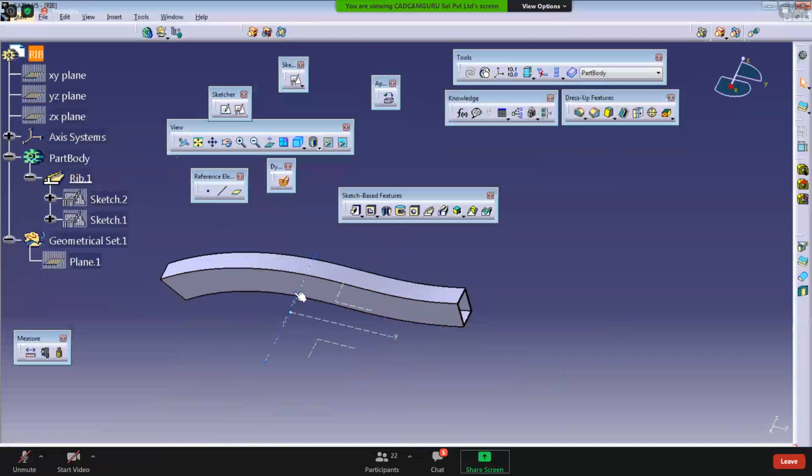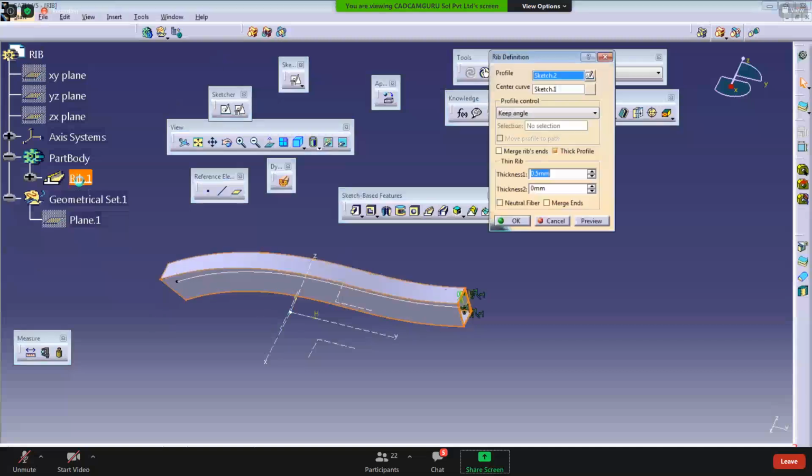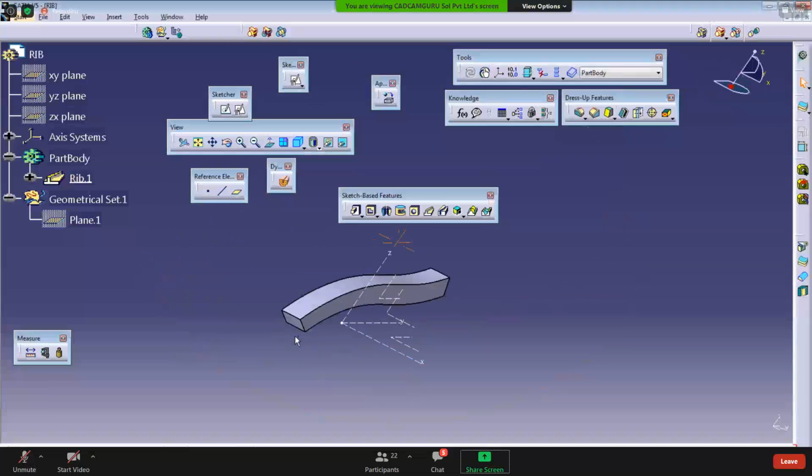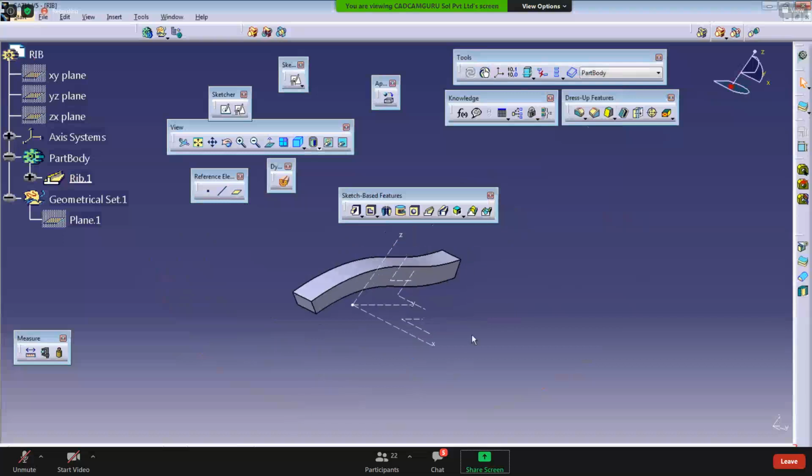A duct always has a square cross section and a pipe has a circular cross section. So you can create ducts or pipes along the given path using this rib option. If you want to cancel the thickness, uncheck this button, click OK, and it becomes a closed solid again. Clear?